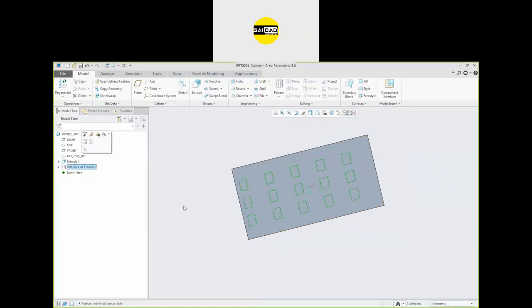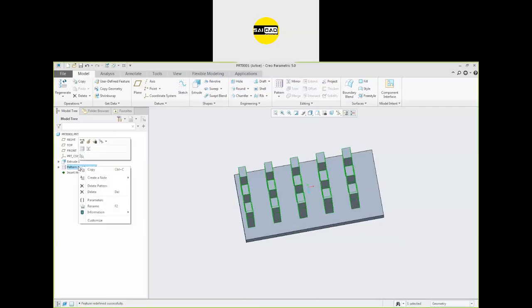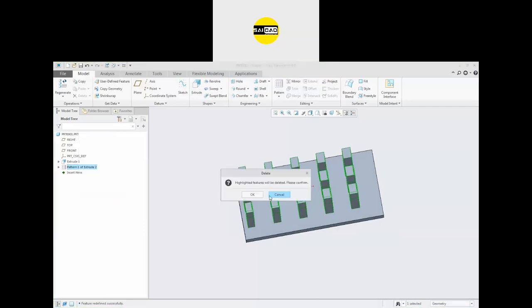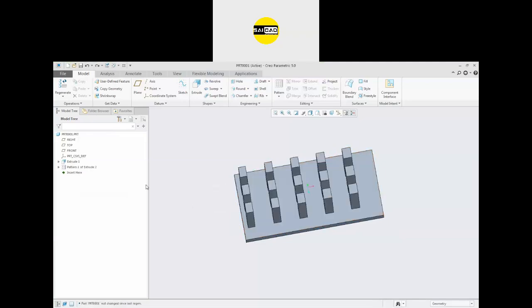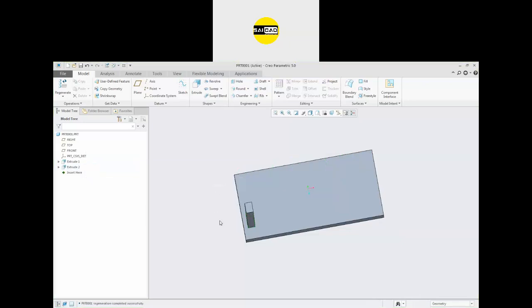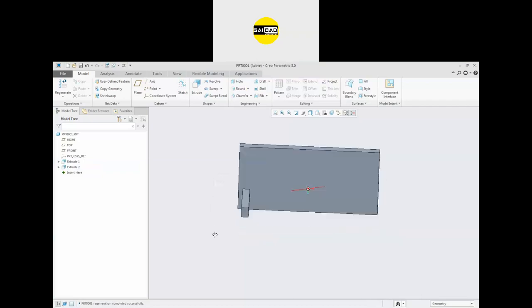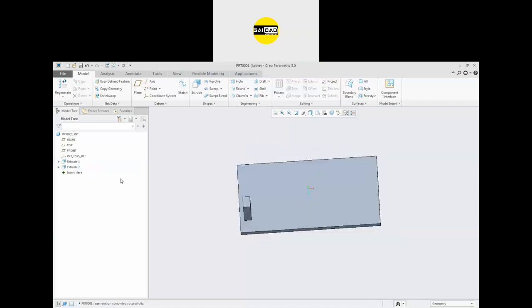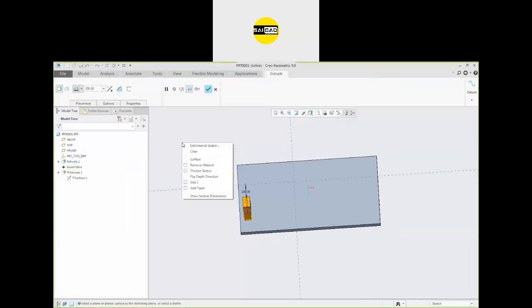So in this way you can create a pattern. If you want to delete the pattern, no, don't just go and delete it like that. It will also remove the feature that you have created earlier. If you want to delete a pattern, just right click, select delete pattern only, and the pattern will be deleted and the feature will remain. Okay. So again, going to edit it.